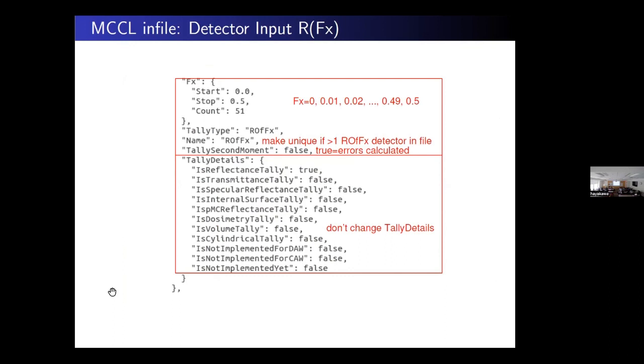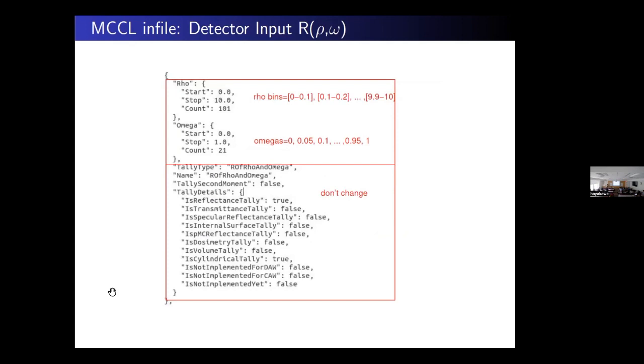You can spell out your spatial frequency, and the only thing that I want to point out is that the tally is performed right at these spatial frequencies. There's no binning involved. So when that photon comes out, you say, how far is it from where it went in, in the x direction? Then the weight is multiplied by e to the minus 2 pi i times the spatial frequency times that distance. So you hit it right there, no binning. Whereas for spatially resolved ROs, source-detector separation, we have to define the bins of the photons and gather them. So we define these RO bins.